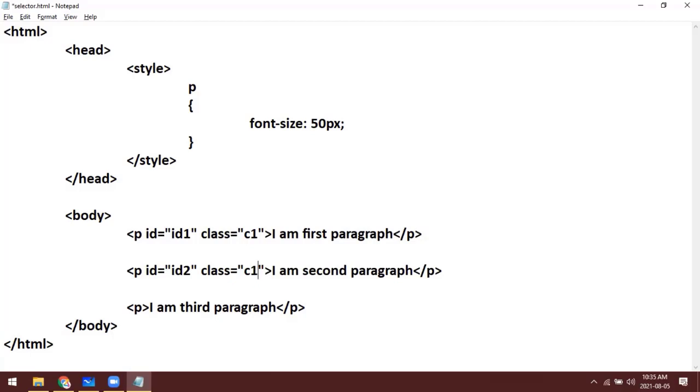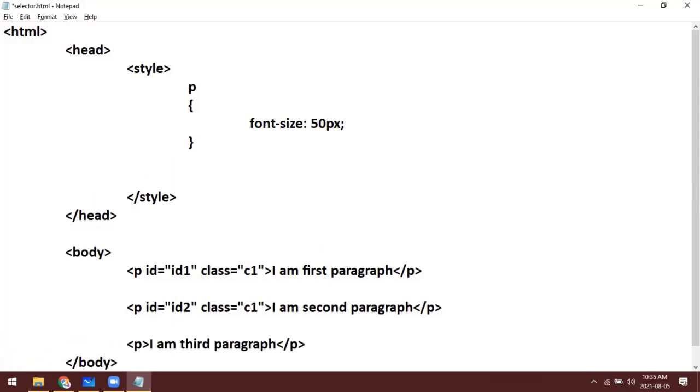So we have given ID1 for the first paragraph, whereas class C1 as the class. For paragraph 2, we have given ID as ID2, class is C1, right?